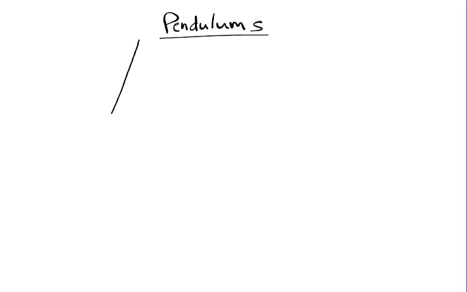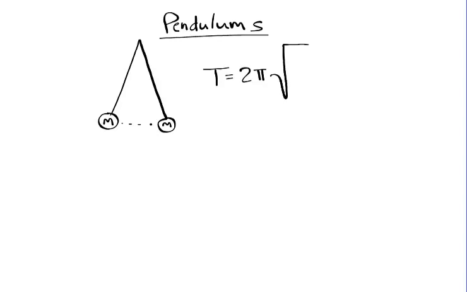A pendulum is any object with mass that is suspended from, say, a string or a rope or a chain or something that allows it to swing back and forth freely. And the motion is another example of simple harmonic motion. The period of a pendulum looks very similar to the period of a mass-spring system, except